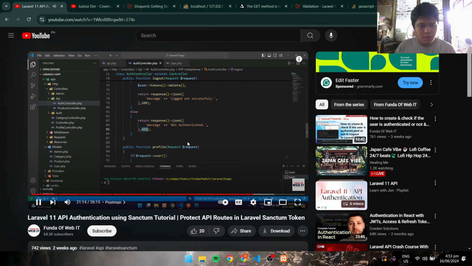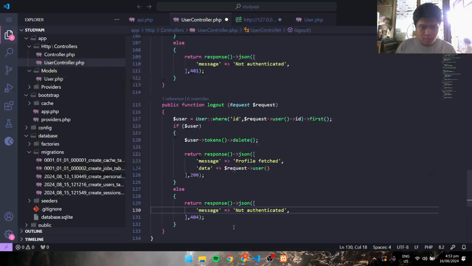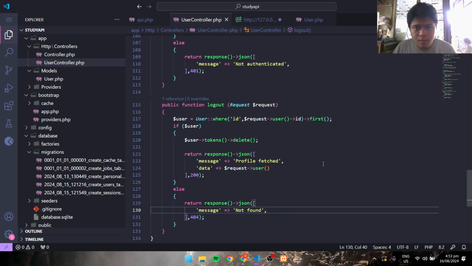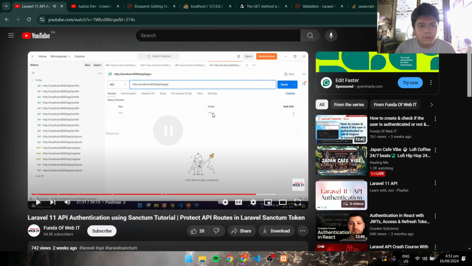And first change the status to 404, not found. Okay, mention user not found. And now let's get back to your postman, and now let's try with the logout part. Let me copy this API and paste here and change the API to